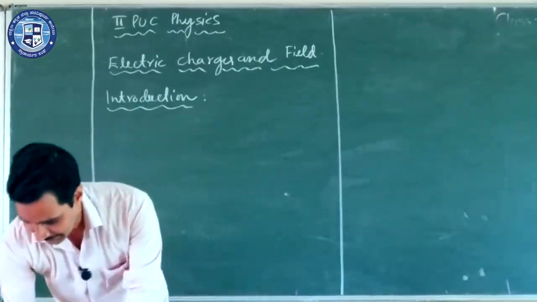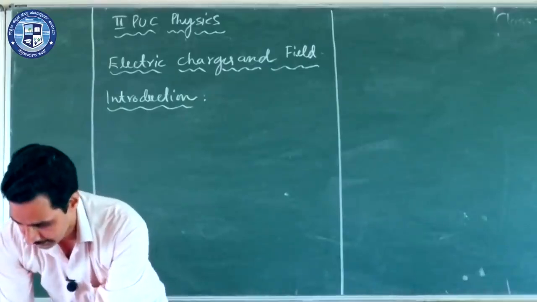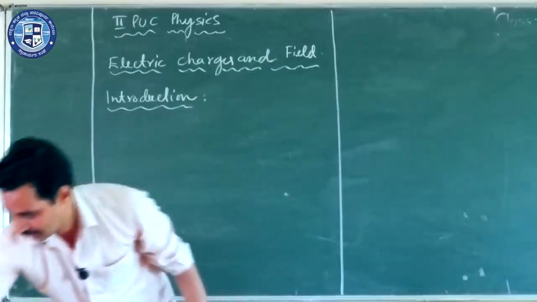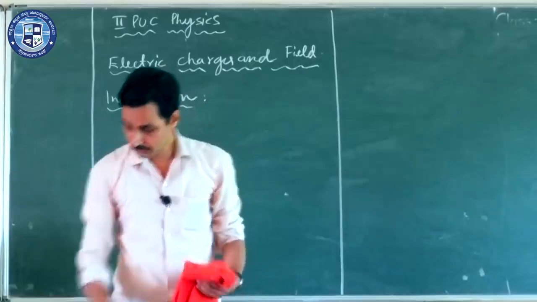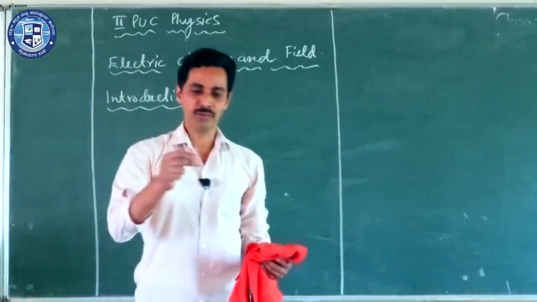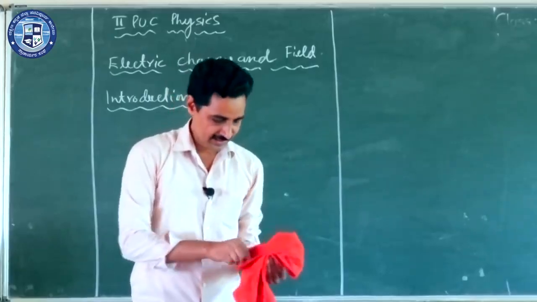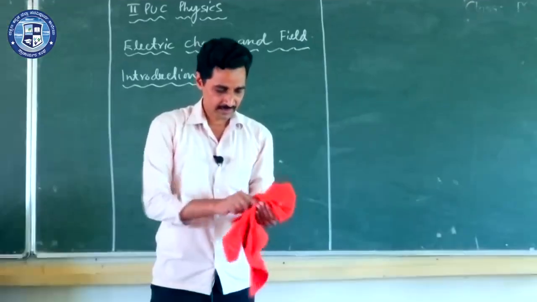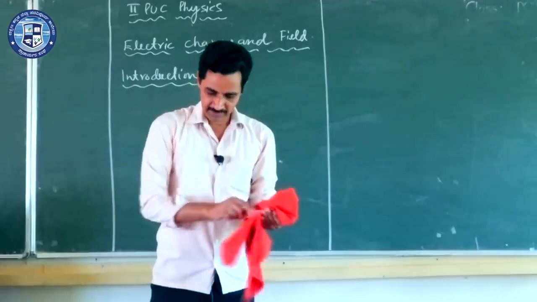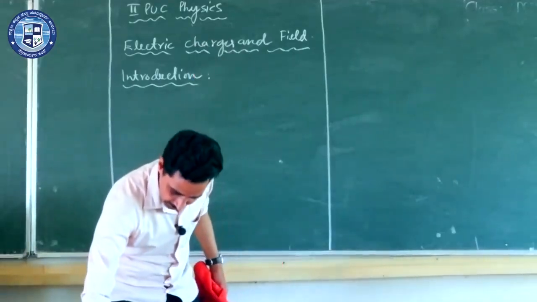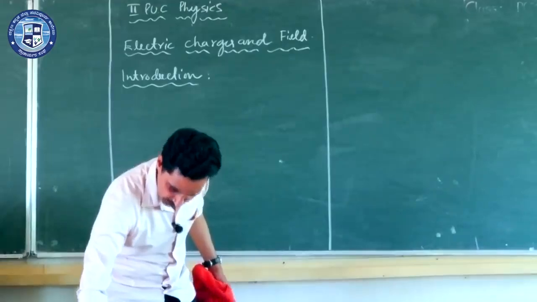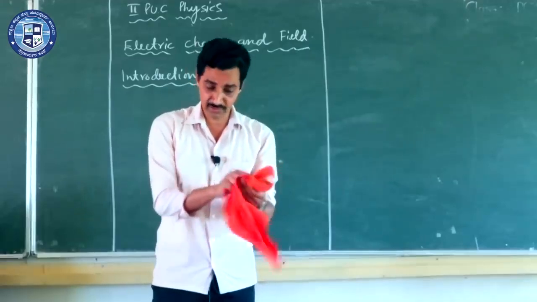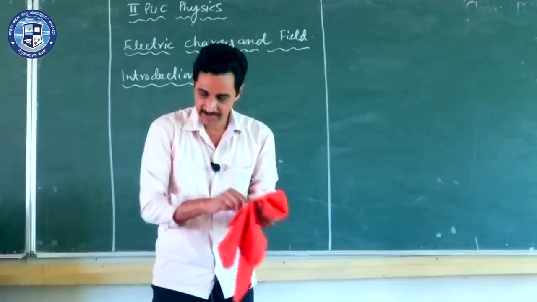And another interesting experiment, again you can do this in your house, and I have some paper pieces. I don't know whether this works very well or not. You take some cotton or wool, wool is the best choice, and a plastic comb. Rub the comb against this cotton or wool many times, rub it thoroughly like this, and after rubbing you bring the comb near the paper pieces, and paper pieces should get attracted. Now this is not working properly, there may be some moisture or something. If there is moisture, this doesn't work. Okay, let me try again.